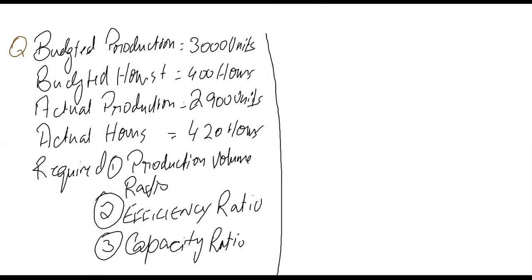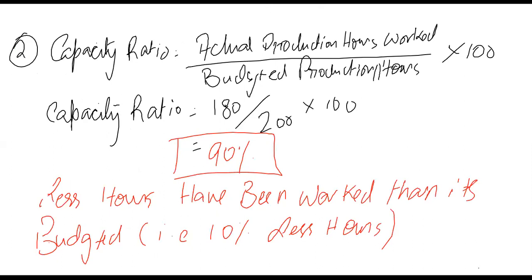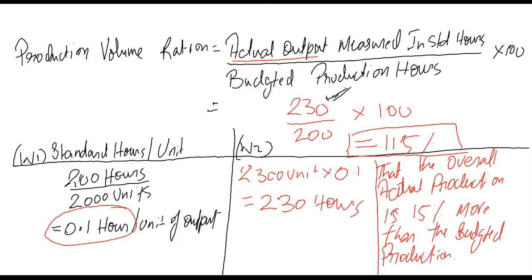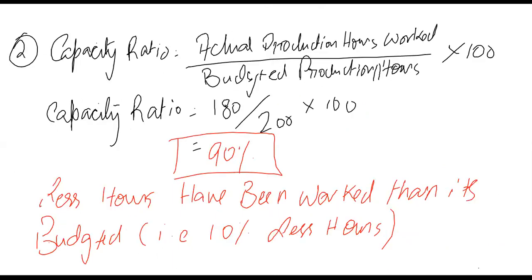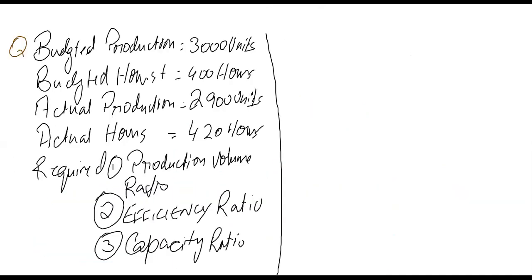Okay, so we need to calculate three different ratios. And how will we be calculating these ratios? We'll be using the formula of production volume ratio, that is actual output measured in standard hours divided by budgeted production hours. Let's come back and find out the first ratio, that is production